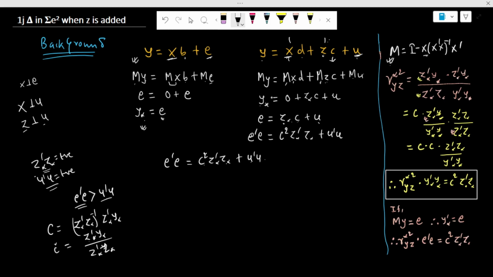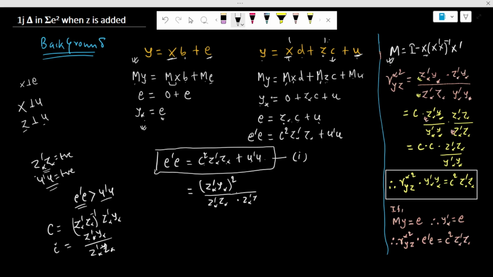First of all, let us call this relation 1. And in this equation, if we replace the value of C as this, then we will get its square. Let me square this and write the value of z asterisk j 2 times. Now this is equal to c square into, and this cancels out, so we are left with simply